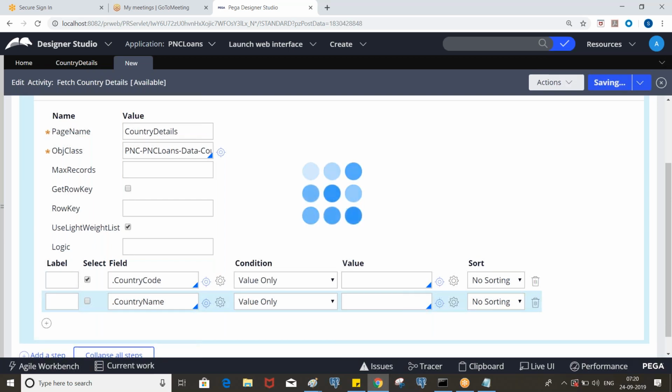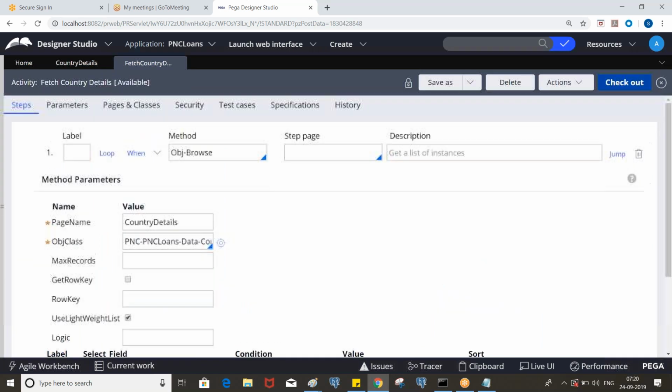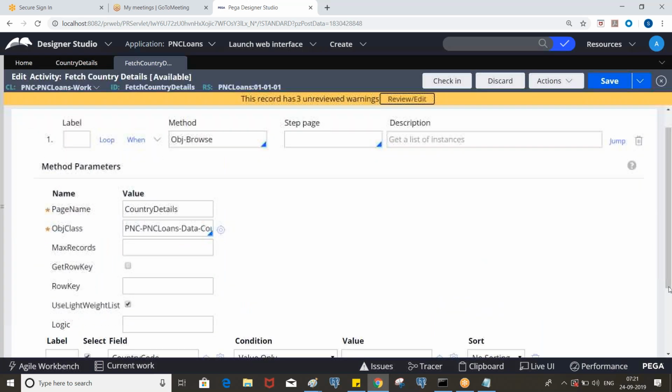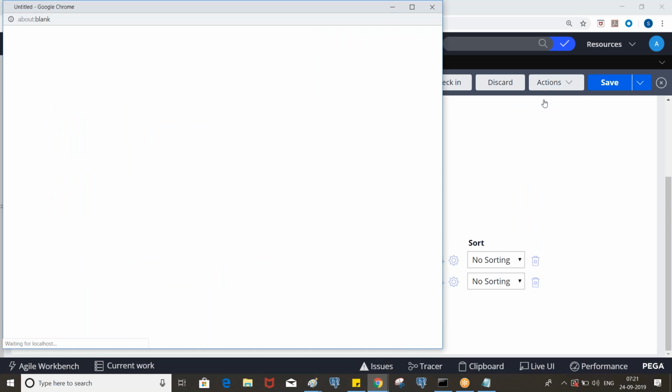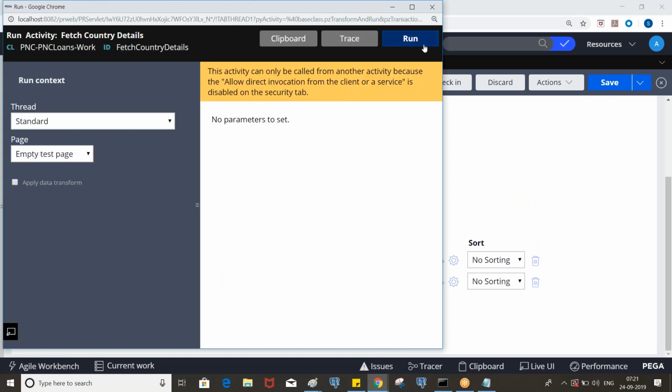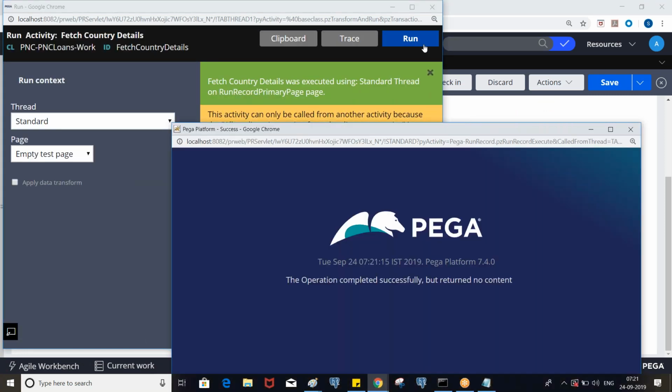Any questions so far? No, Satya, you have not selected that field. We'll discuss every point here. So now let's execute this and run it. We are executing this alone. Later, we are going to invoke it in the flow somewhere in the section.